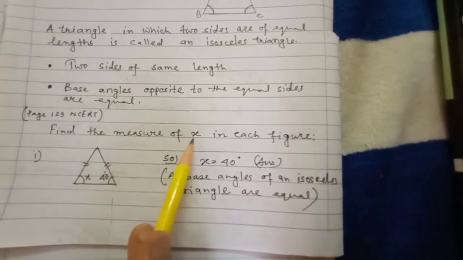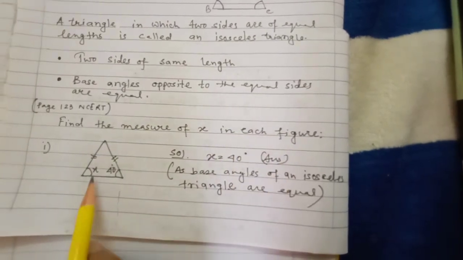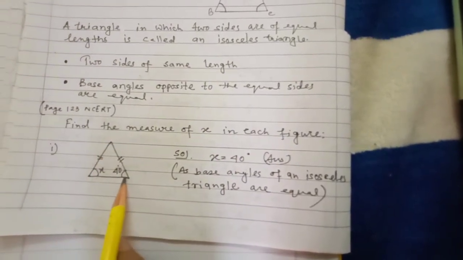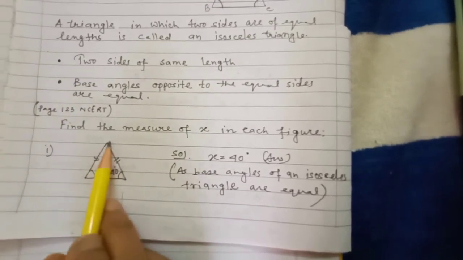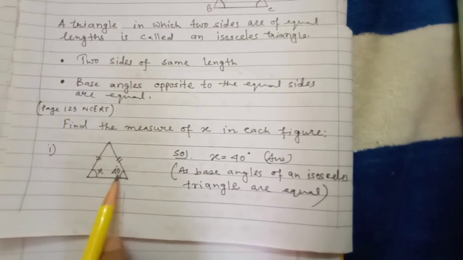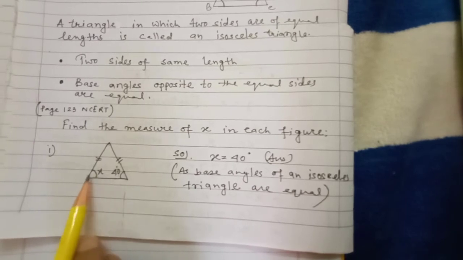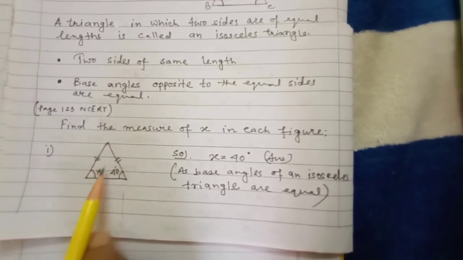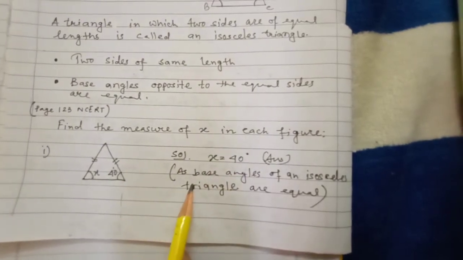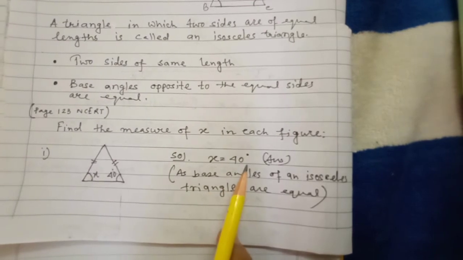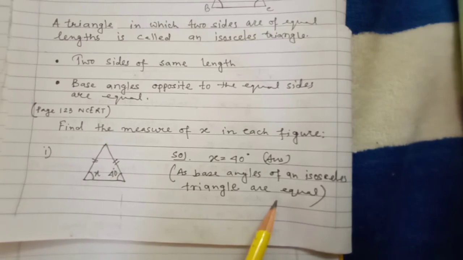Find the measure of the unknown angle x in each figure. See the diagram. Here this side and this side are equal. As these two sides are equal, these two angles will be equal. Then what will be the value of x? 40 degrees, because these two are base angles of an isosceles triangle. So directly I will write x is equal to 40 degrees. But the reason is very important. Why have I written x is equal to 40 degrees? As the base angles of an isosceles triangle are equal. Understood? Next